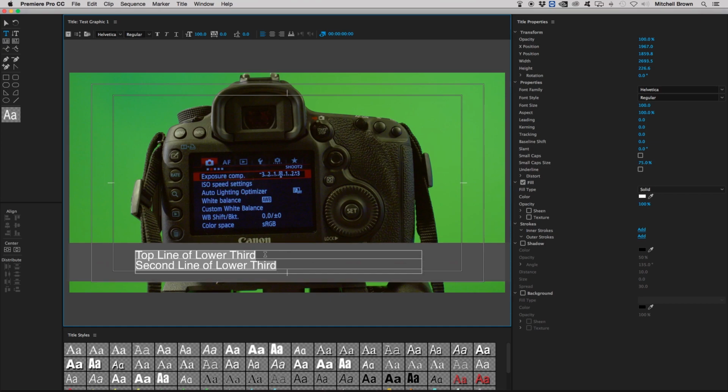Now I feel like the words are too close to each other, so what I'm going to do is add leading to it under Title Properties. You're going to find leading where my mouse is, and then you're going to add enough leading by dragging it over to a positive number, which will add space in between the two lines. Now at the very top, I'm going to right justify the text,